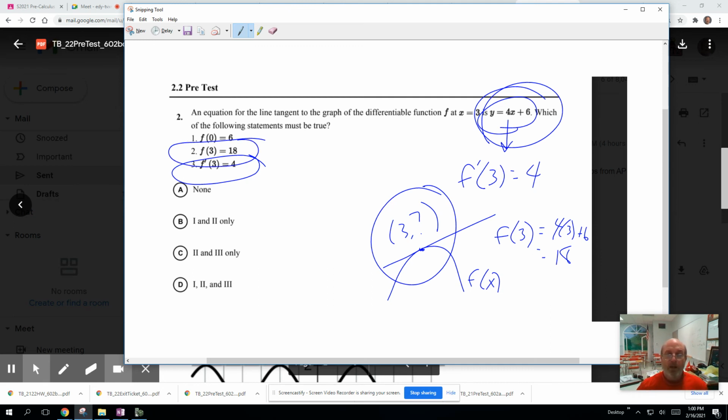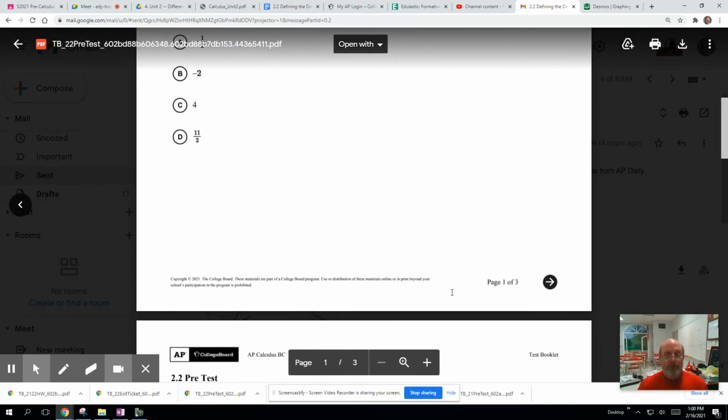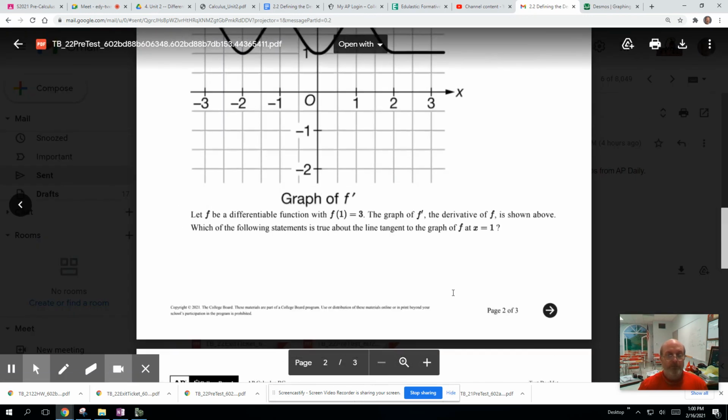Now we have no idea what f of 0 is, because this function could go down like this, and this could be where x equals 0, the y-axis, and these two values could be different. So we cannot say f of 0 equals 6. So 2 and 3 only would be our answer to this one. If we look at the third one on this,